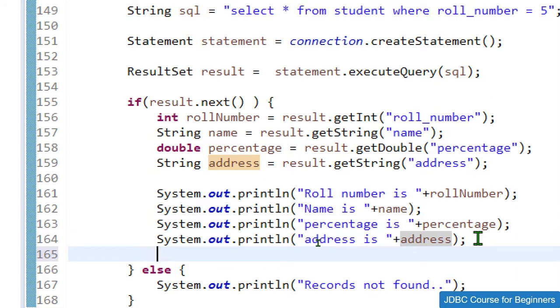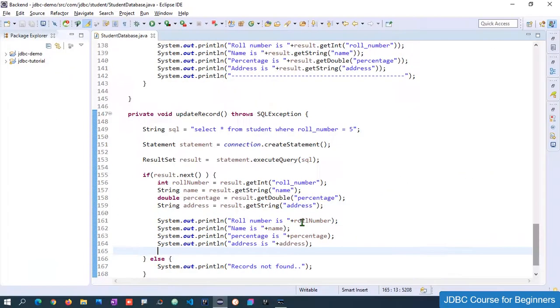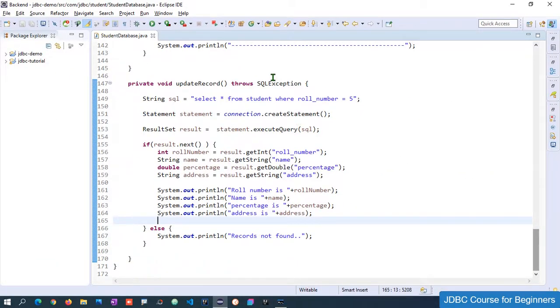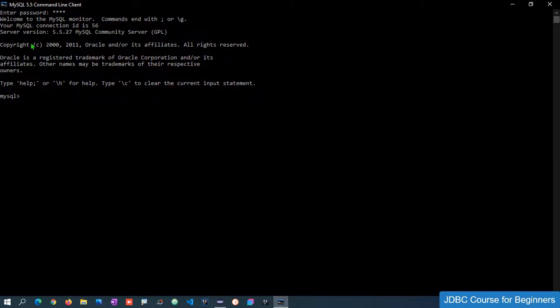So now we are successfully able to write logic to fetch the results. Let me first of all show you the table structure, what the table contains exactly, and then we will try to run this code. So let me go to my MySQL client.